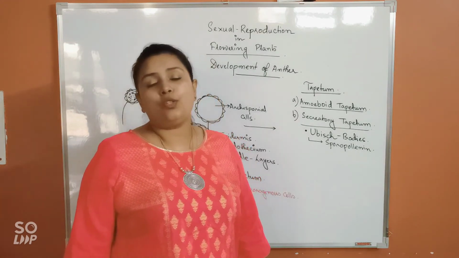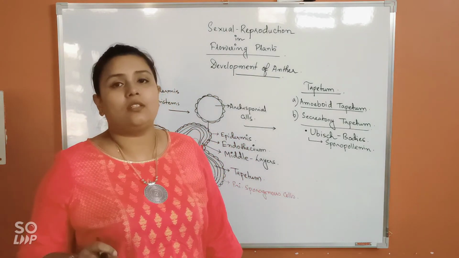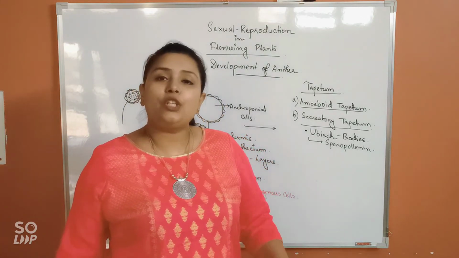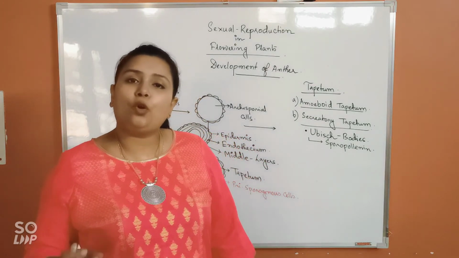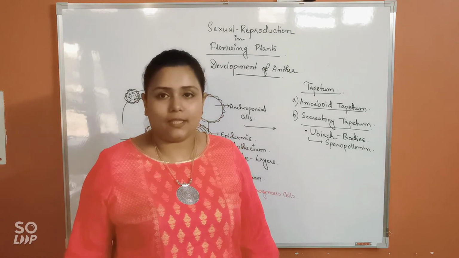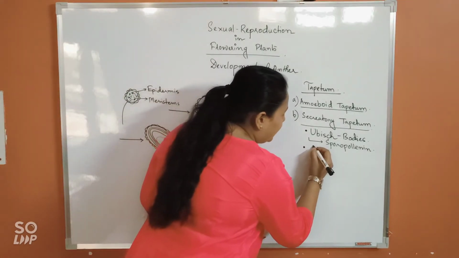Now, one of the most important characteristics of sporopollenin is that it is highly resistant. There is no known enzyme yet that has been found which can hydrolyze or break down sporopollenin. Sporopollenin is highly resistant to temperature, acid as well as alkali. Apart from that, it also gives rise to